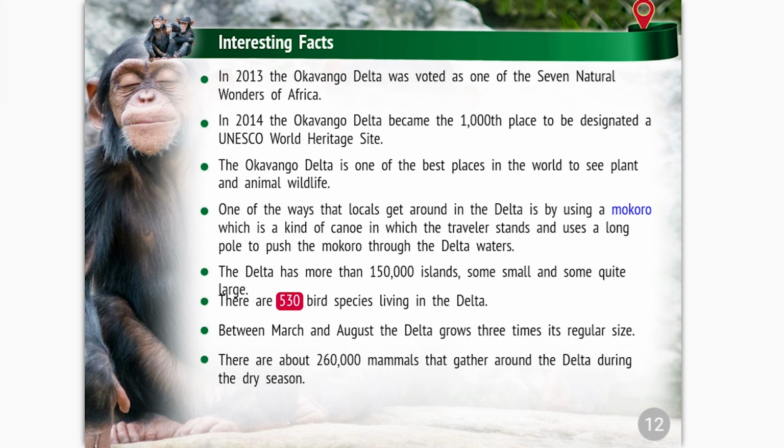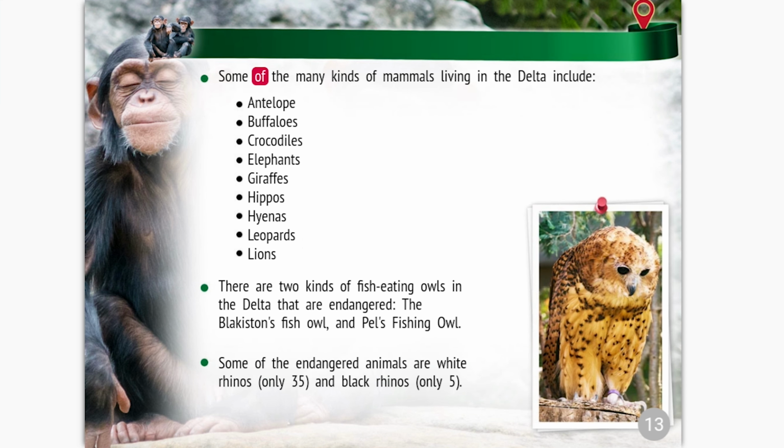There are 530 bird species living in the delta. Between March and August, the delta grows 3 times its regular size. There are about 260,000 mammals that gather around the delta during the dry season. Some of the many kinds of mammals living in the delta include antelope, buffaloes, crocodiles, elephants, giraffes, hippos, hyenas, leopards,